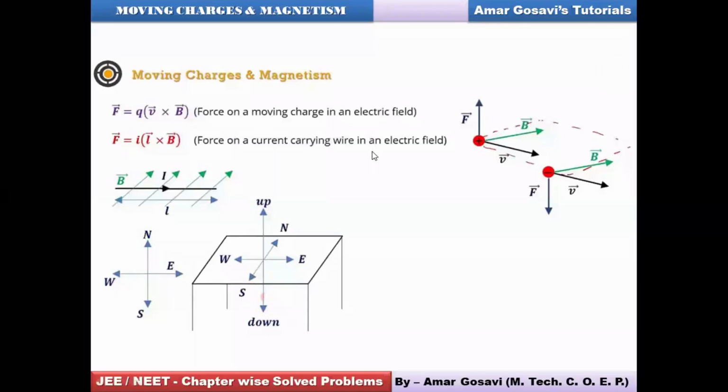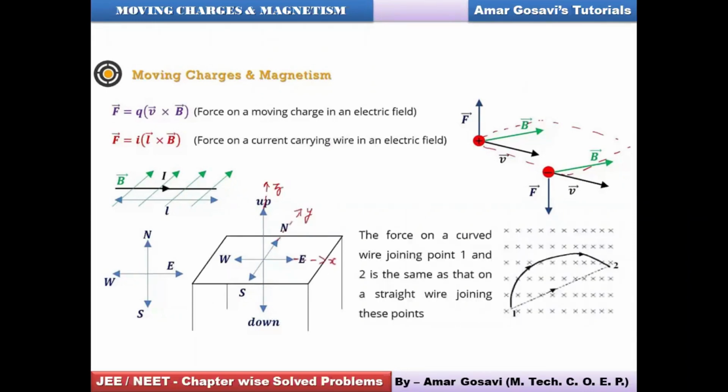Okay, friends. So the basis which would work for the cyclotron is the Lorentz force, the magnetic component of the Lorentz force. So we know how the direction of the Lorentz force is to be depicted with the help of Fleming's left-hand rule, and we know the values also: F = q(v × B), or the force would be BIL sin theta, or it would be I(L × B). All right. So these are the forces. This force would be responsible for the charged particle to move in circular orbits.